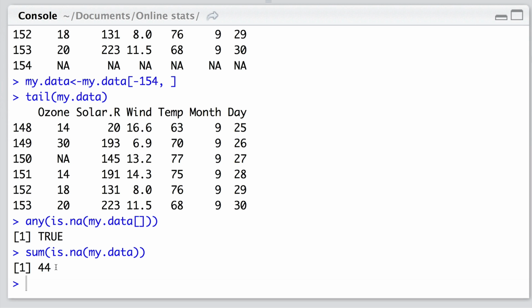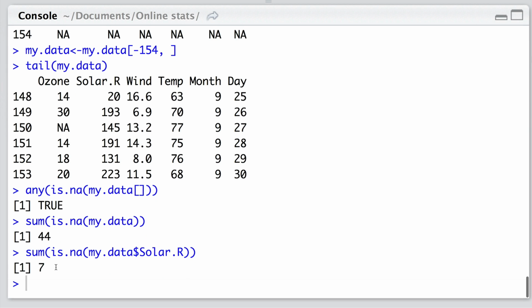If we want to get a more precise idea as to where these missing cases are distributed, we can maybe start looking within certain columns. So to do this time, instead of calling the whole data frame, we're now looking at just one column, the solar radiation column, and there's 7 missing cases within that. We could then reproduce this one line of code and index one by one the 6 different columns. This seems a bit inefficient as it would be 6 lines of code, so instead let's use the really great